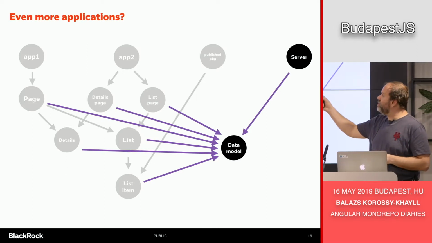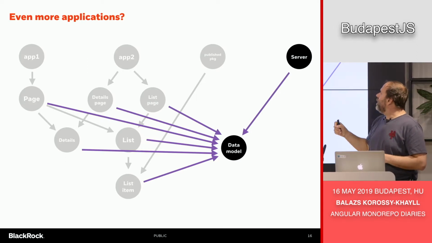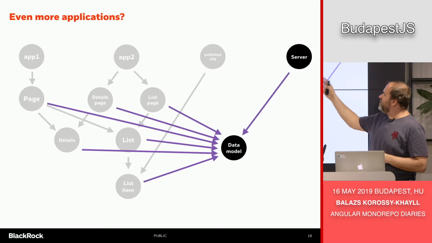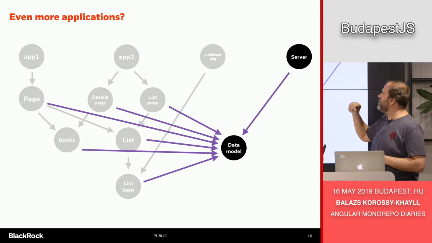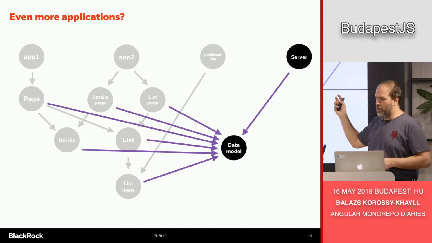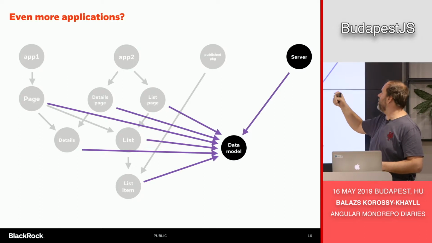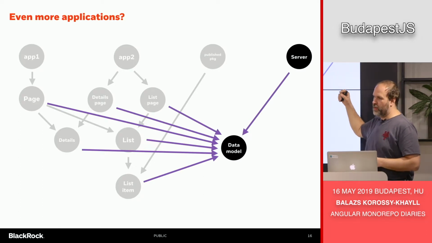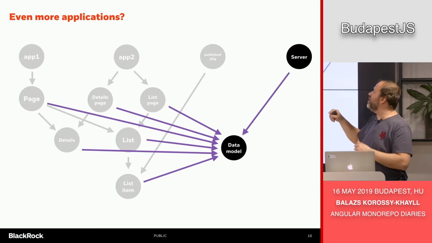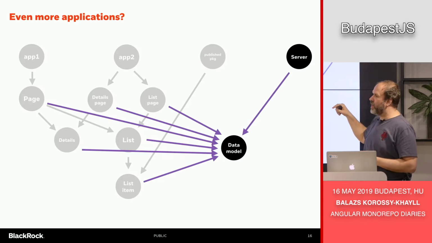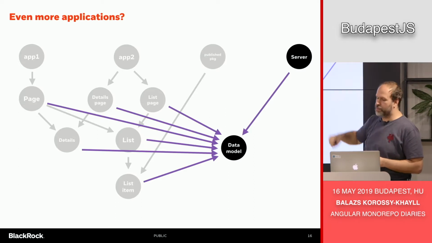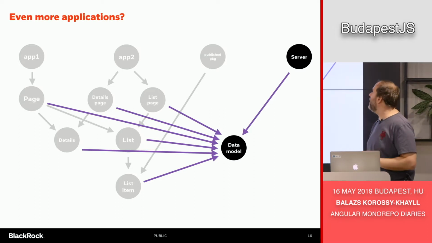So as I mentioned, you can have more applications. In this diagram, you see that application 1 and application 2 is there, and then we also have the server part here. Now, this is really good because you can reuse the data model. Actually, what happens is that Apollo server is generating the TypeScript classes that are then reused by the front-end application. So it's a really nice benefit that you get.